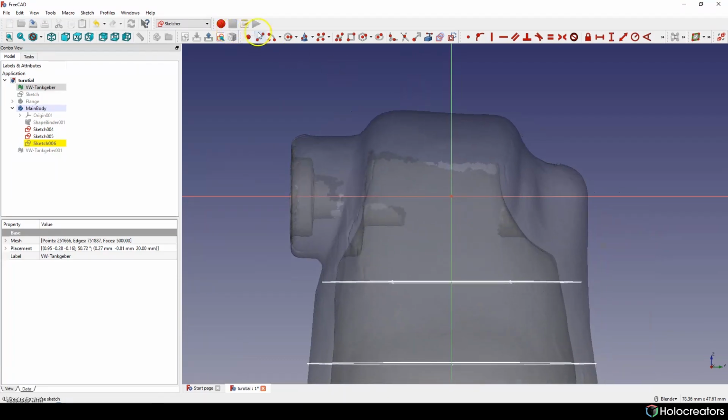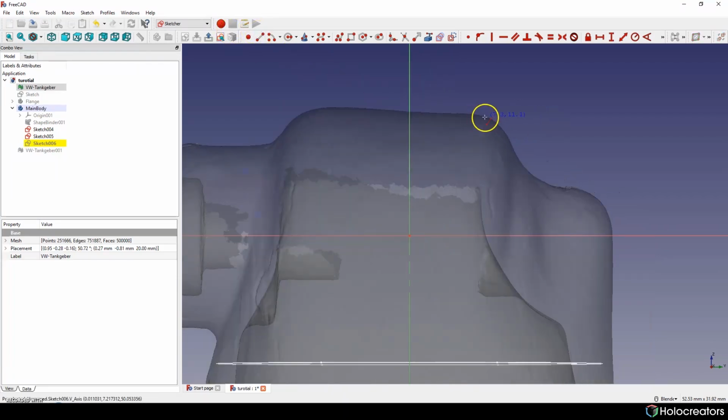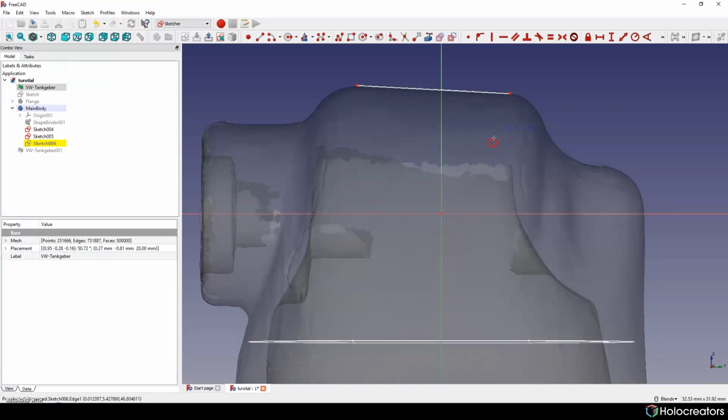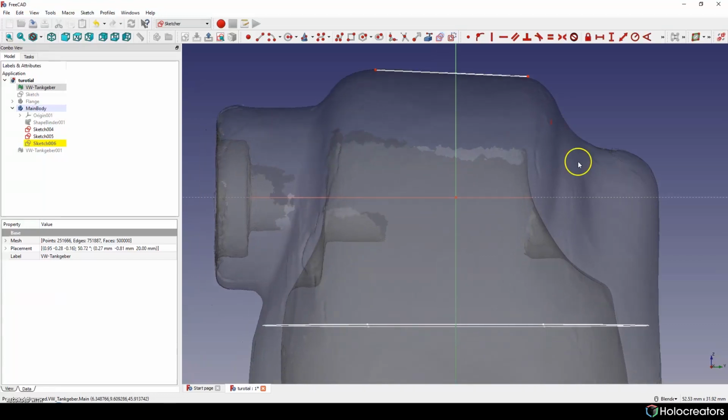And just starting sketching, doing a rough sketch of this shape.